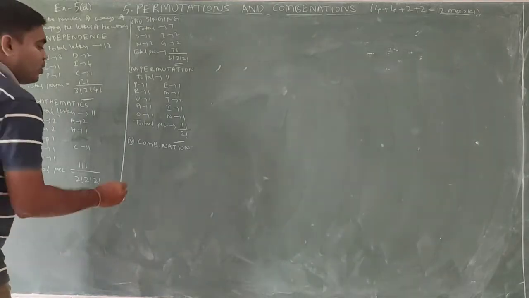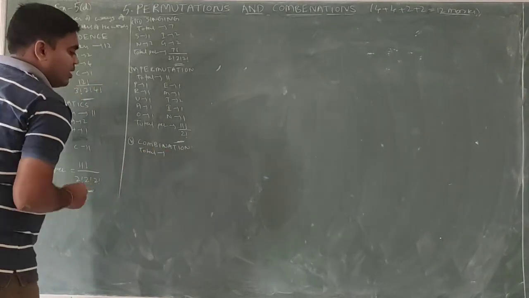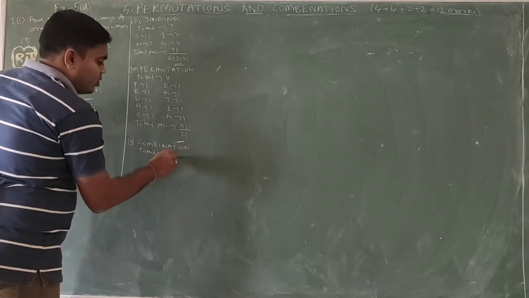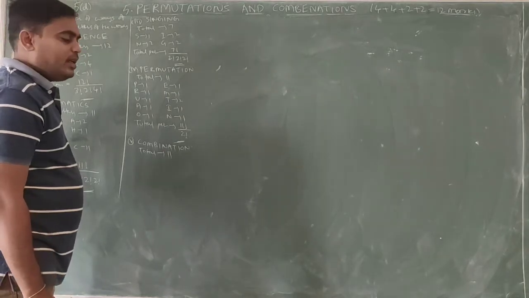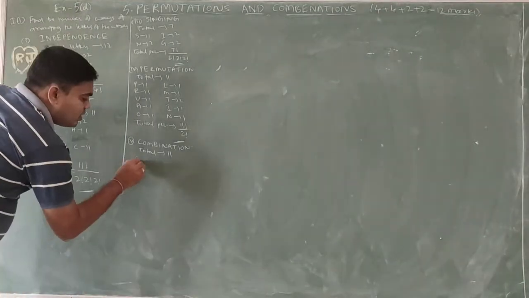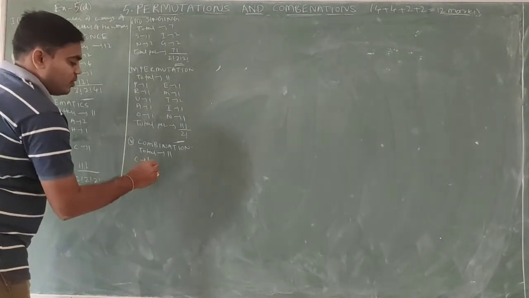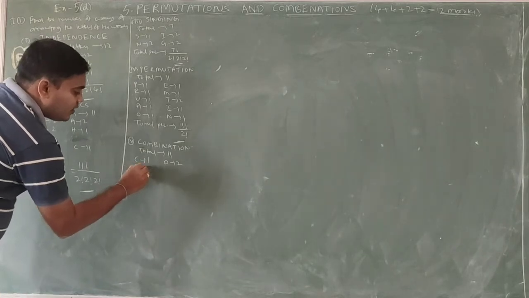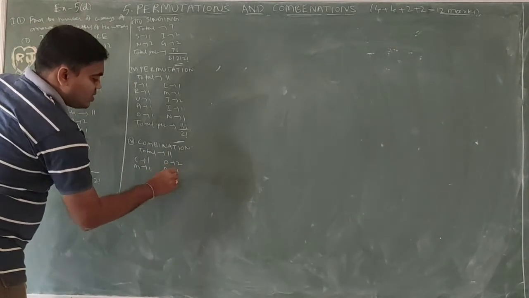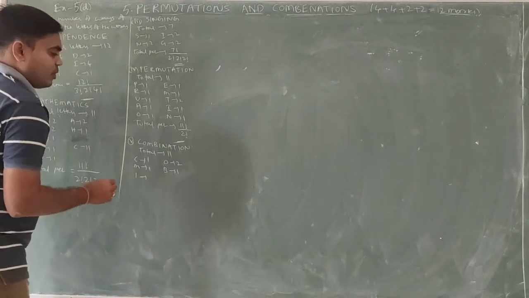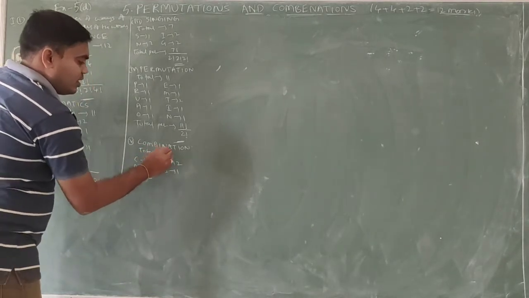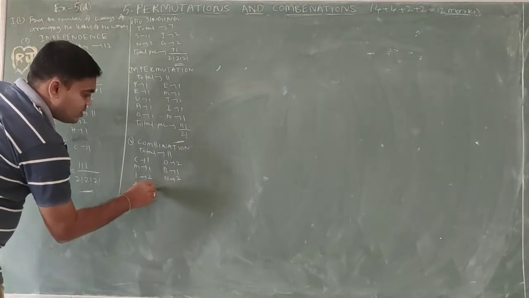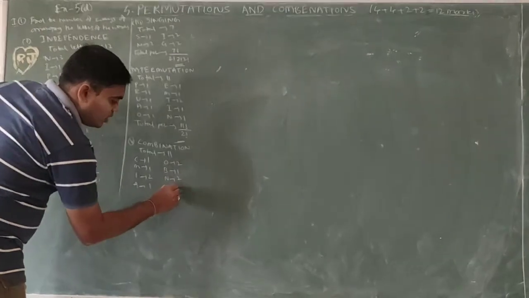COMBINATION. Okay, now total. Let us say I want to count 1, 2, 3, 4, 5, 6, 7, 8, 9, 10, 11. So combination is also a word containing 11 letters. Now C only once, O 2 times, M only once, B only once, I 2 times, N 2 times, A only once, T only once.